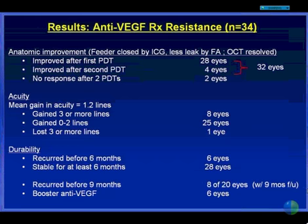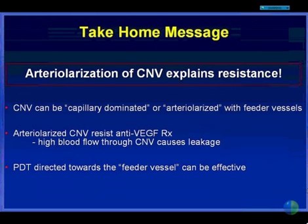So let me conclude here with the following take-home message. We believe that arterialization of the CNV explains resistance to anti-VEGF therapy, whether resistance is defined as failure to dry up the lesion or the requirement for monthly or very frequent injections. We believe that CNV can be capillary or arterialized with feeder vessels, but this requires dynamic ICG to visualize this morphology, and that these arterialized CNV are the resistant form of CNV, primarily due to high blood flow through this